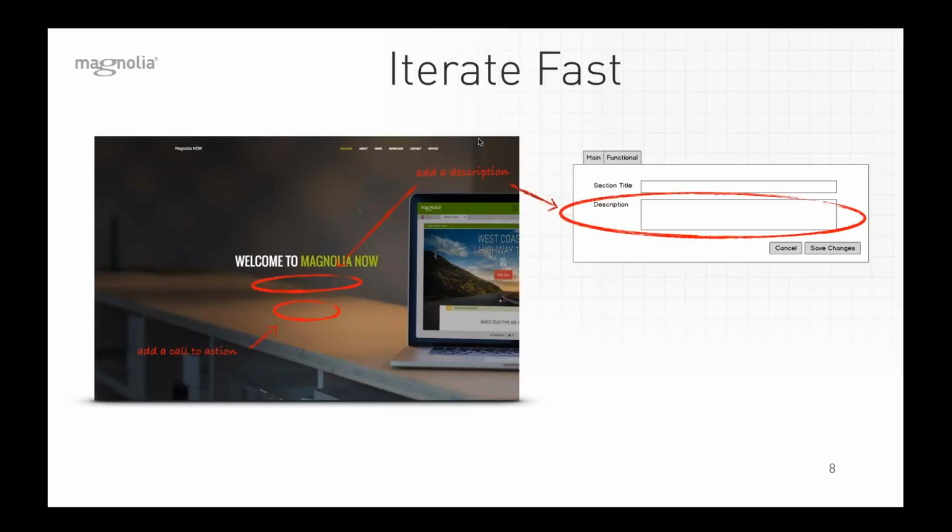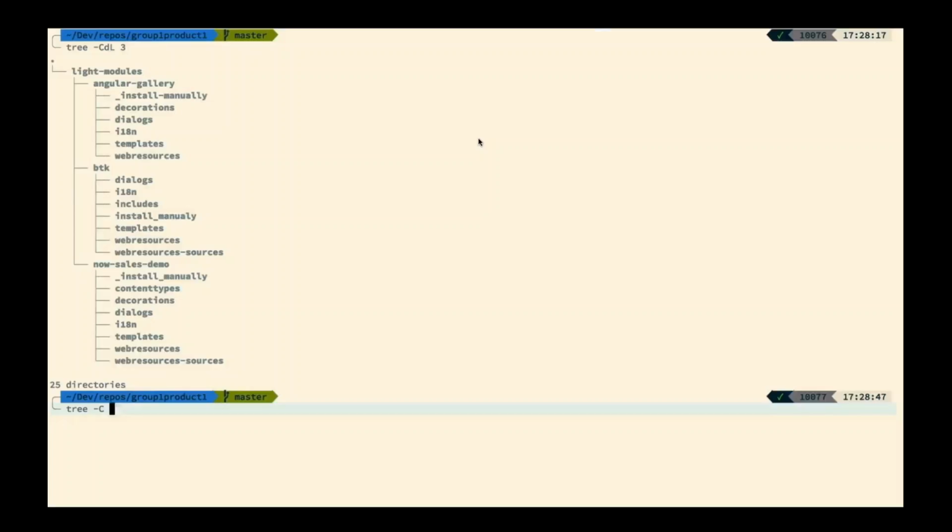So here's the description of some more details about those new requirements. Adding a description under the title means that we also need to change the dialog a bit, which captures the details about that page. So we basically need to modify 2 different files. We need to modify the definition of the dialog to add this new description field, and we need to modify the FTL template to actually display that field and also display this call to action button. So this is what we will see in this video.